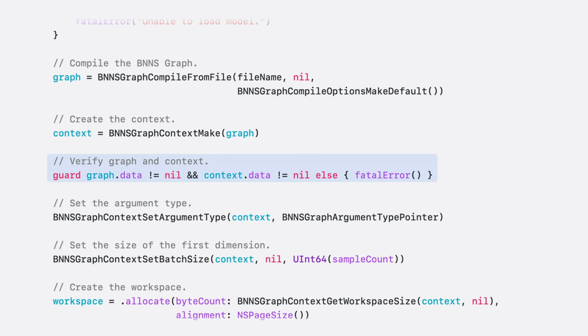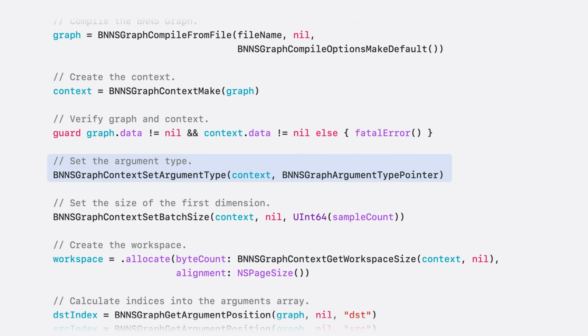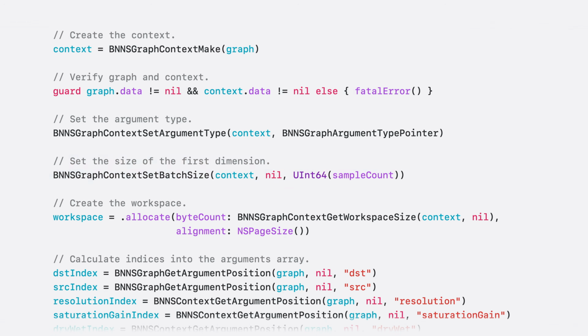I'll do a quick check to ensure that BNNS has successfully created the graph and context. And much like I did in the audio processing code, I'll work directly with pointers to the source and destination chart data. So I'll tell the context that the arguments are pointers rather than tensors. In this case, the batch size, the size of the first dimension of the source and destination signal data buffers, is the number of samples in the example sine wave.